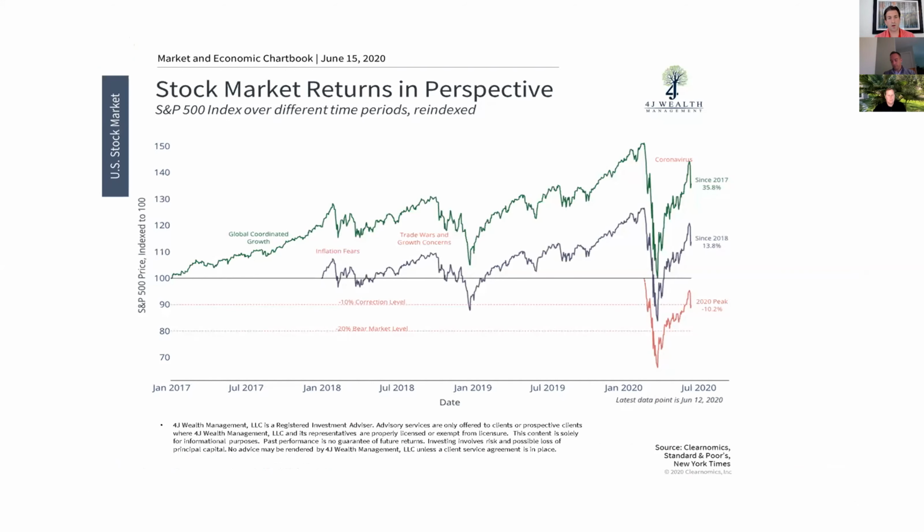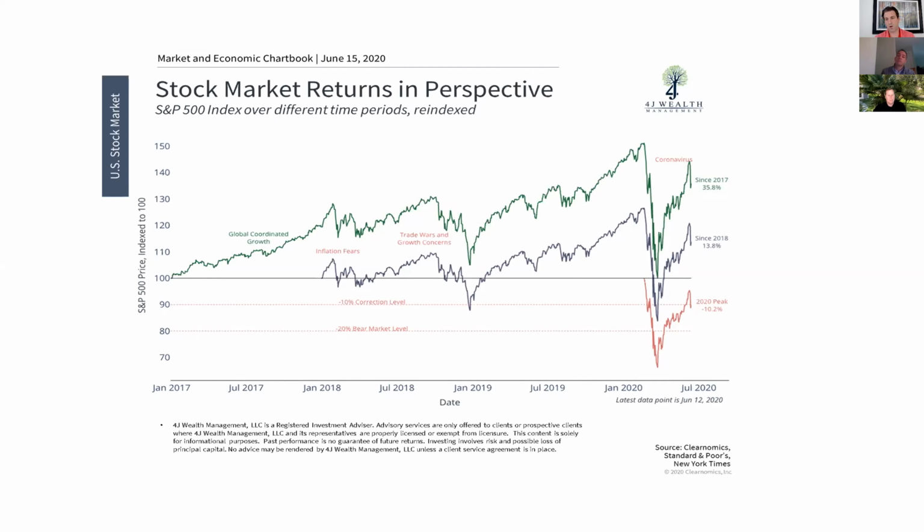So when we look at the stock market, if we zoom in on the last several years and highlight what's happened in the last several months, I think it paints a pretty clear picture. What you see here are 3 lines measuring the S&P 500 performance over different time periods. The green line shows the S&P 500's performance going back to January of '17. And it wasn't without volatility. A lot of people forget that in the last quarter of 2018, the trade war started with China, tariffs went into place. The market actually declined almost 20% during that time period.